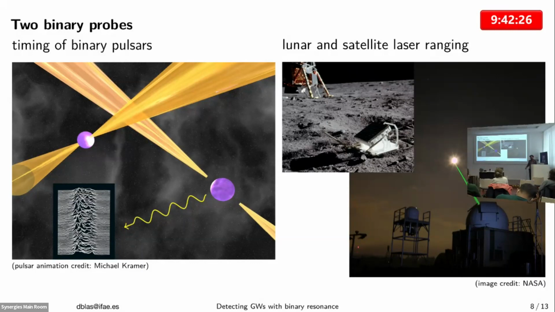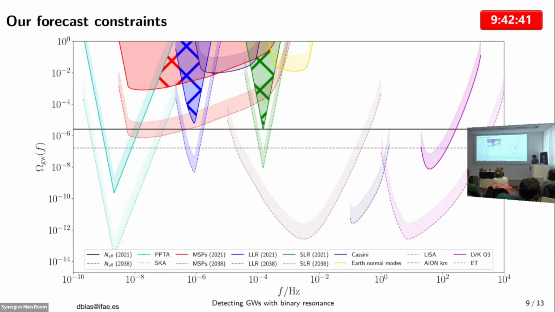So that's what we are doing. Of course, in our mind, what we have to do is to take the data, put in the new extra source of noise, and see what happens, right? Because maybe eventually, but for now, let's be optimistic, okay? And being realistically optimistic or optimistically realistic, we get these bounds, which are quite good, I think. So the solid lines are today's bounds, or rather projected bounds, as you want. And dashed lines are what we think is going to happen in the 2038.